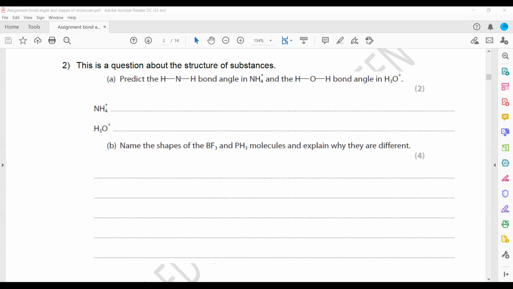As we already did for NH4, nitrogen belongs to group 5, it will share 3 electrons. And one of the lone pairs of nitrogen is attracted towards, so there's a dative bond. But when we are predicting a geometry, we consider that dative bond as a covalent as well, because that's a sharing of electron. So it will have bond pairs. The number of the bond pairs are 4, and about the lone pairs, that is 0. So if we have 4 bond pairs and we don't have any lone pair,